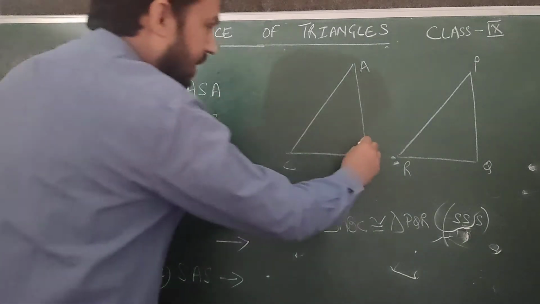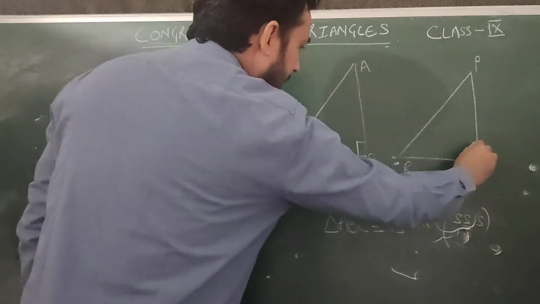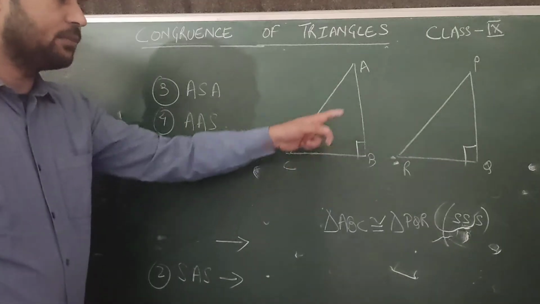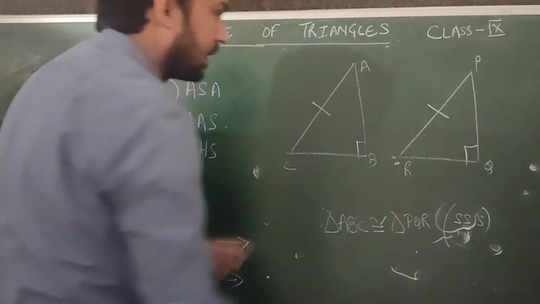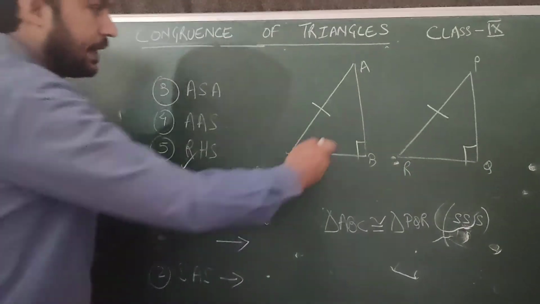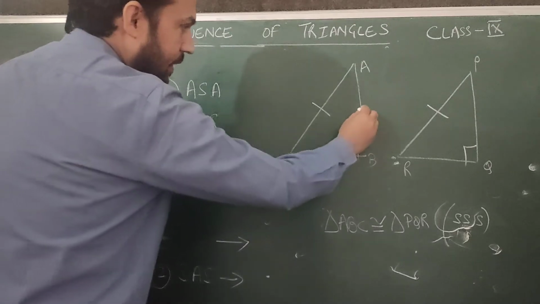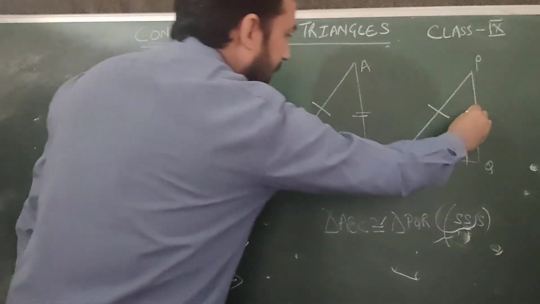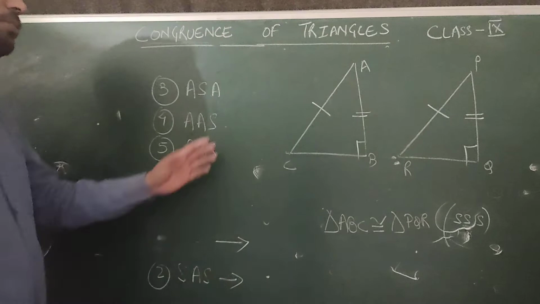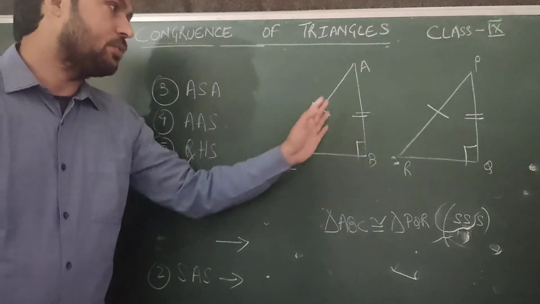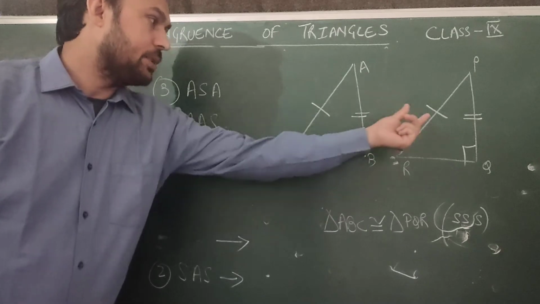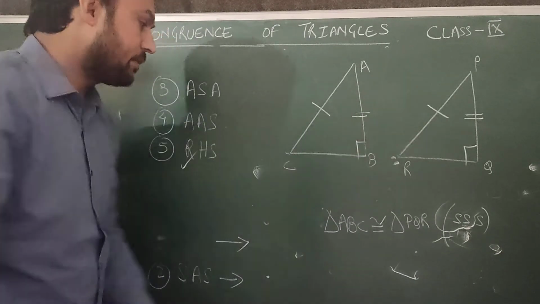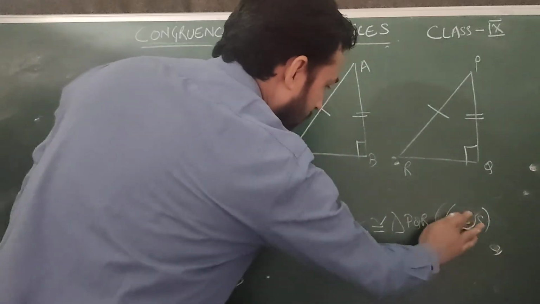If in two right angle triangles this angle equals this, that means the 90 degrees, both are equal. Second, if the hypotenuse length is equal with the hypotenuse length of the other triangle, and out of these two sides any side is equal with the other side, but only the corresponding part should be equal. This length should be equal with this, this angle should be equal with this, and this side will be equal with this. Then we can say the two triangles are congruent by